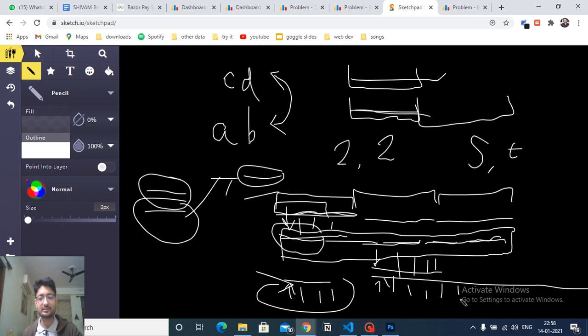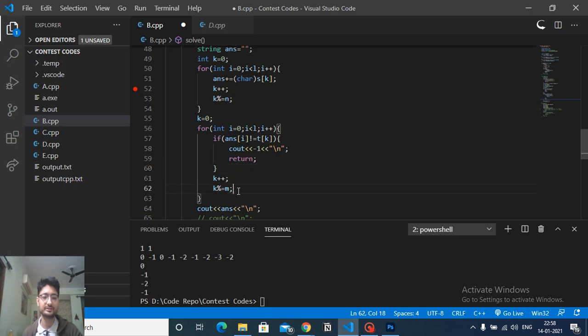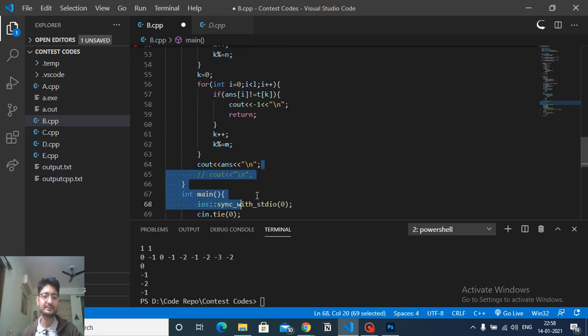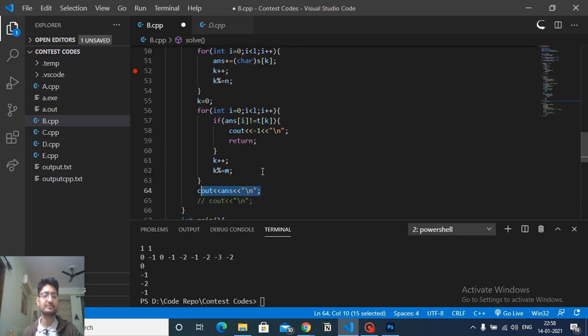Now the sixth index in the LCM string will be equal to the first index in the largest string, and the second is this. So you just have to iterate from the start again, because you have gone out of bound of the largest string. So yeah, you are doing this here. And now if both are the same, then we don't hit this condition, and we just iterate over and find the answer. And the answer is the one storing the LCM string. Else if we hit this condition, we print -1, because this is the condition in which both strings are not the same.